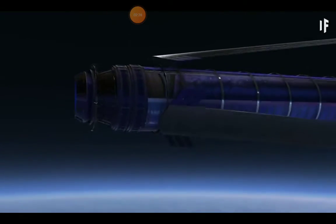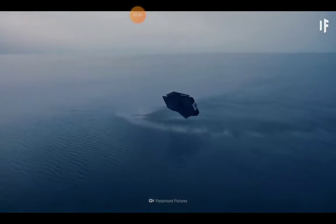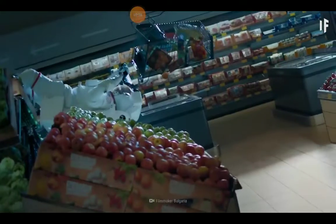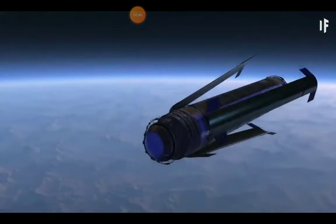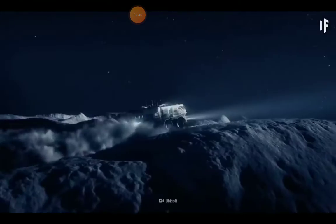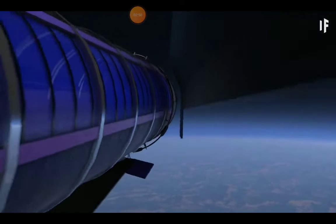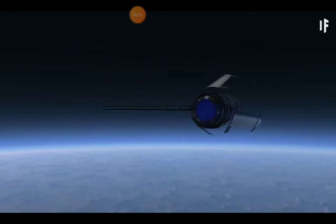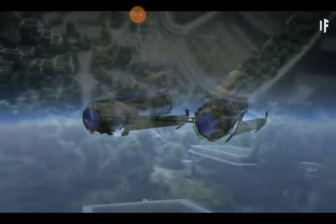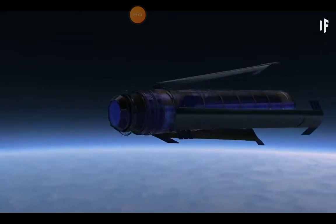Constructing the O'Neill cylinder would be one thing, but we'd also need to make it habitable. That means giving it gravity, water, and a breathable atmosphere. Gravity would be easy. The cylinder would make a full rotation in 2 minutes. That would generate a centripetal force, which we would experience as gravity. To make the structure more stable and prevent it from drifting away, we'd need to build 2 counter-rotating cylinders connected at each end. We'd design the space habitat to mimic Earth's air pressure at sea level, and the built-in aluminum